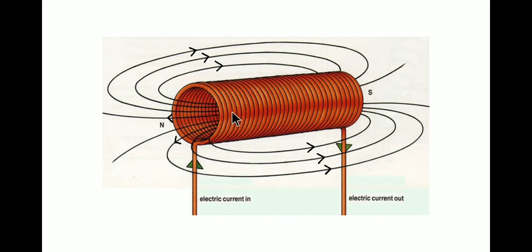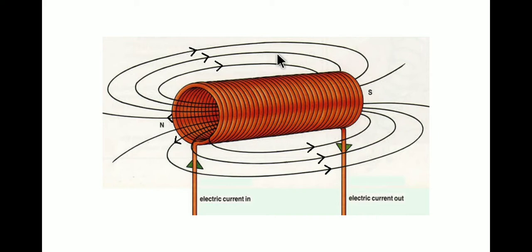Over here the current goes inside in the anti-clockwise direction, and from here it comes out. So the magnetic field will pass through from inside and come out. Inside the solenoid, it will pass from the south pole towards the north pole, and outside the solenoid it will move from north to south pole. So this will be the movement of the magnetic field lines. Here you can see the magnetic field lines are coming out from the south pole towards the north pole inside, and outside it is moving from north to the south.